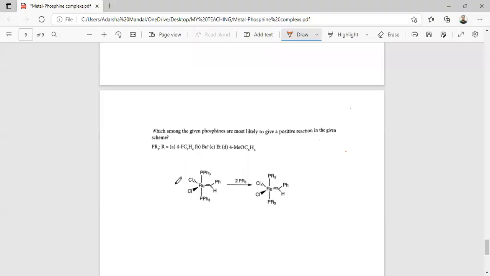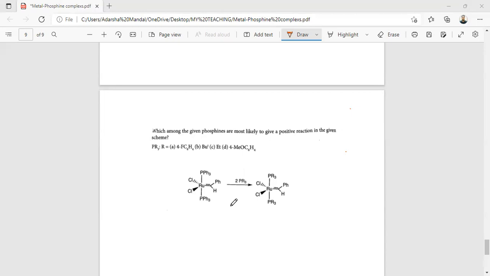So our next question is, among the given phosphines, which are most likely to give a positive reaction in the given scheme. Here two PPh3 ligands are substituted by the PR3 ligand. The variations of PR3 are 4-fluoro-C6H4, P-tert-butyl3, PEt3, and 4-methoxy. So here the ligand substitution will be favored for